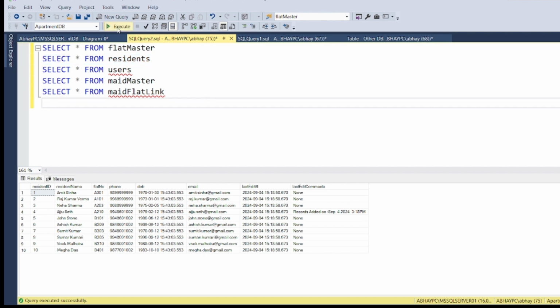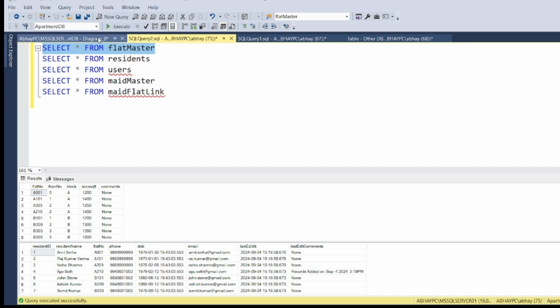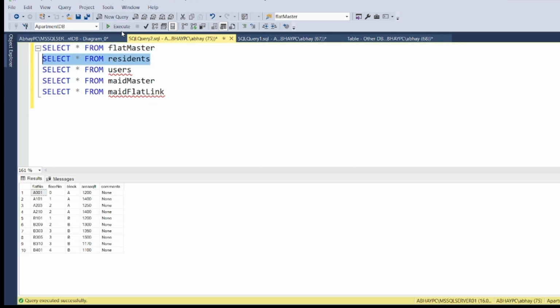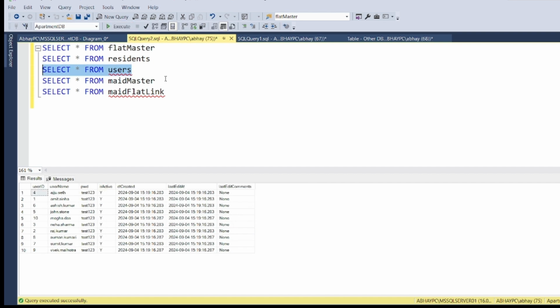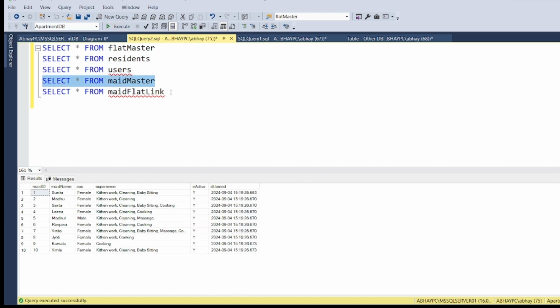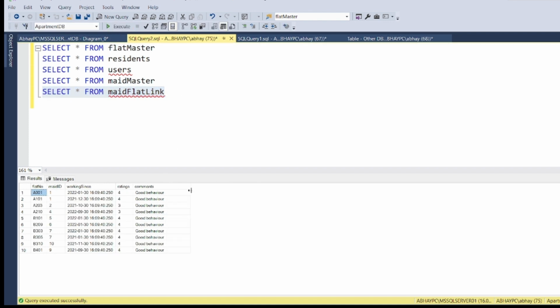If I go and see all the tables one by one, flat master has got data, residents have got data, users have got data, maid master has got data, and likewise maid flat link has got it, right? So this is going to be the foundation of all of your queries coming in future. So next episode onwards, I'll be working on small queries, and then the difficulty level of the queries will keep increasing episode by episode. We will move ahead and introduce many things in the queries, and finally, once we are done with any type of queries,